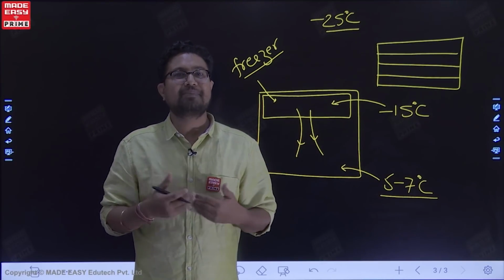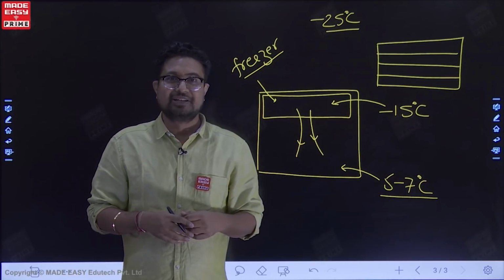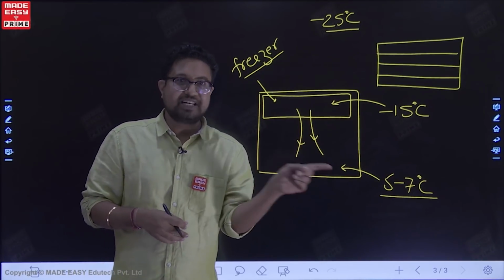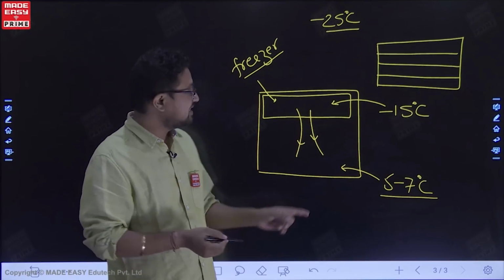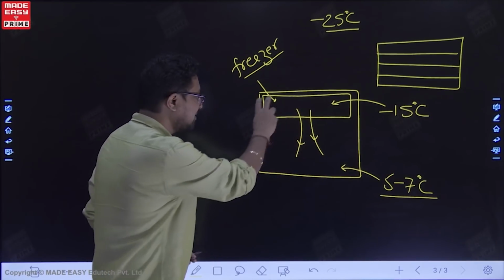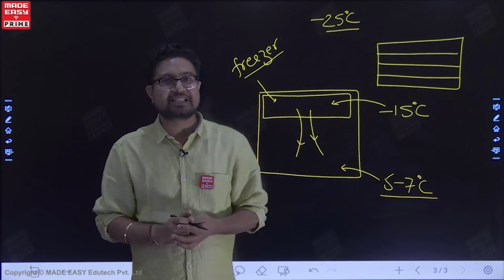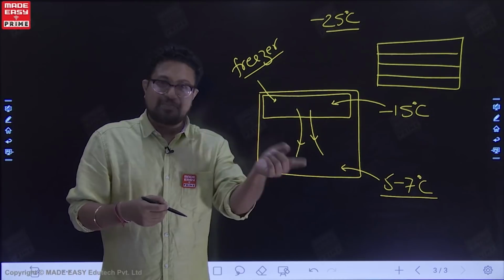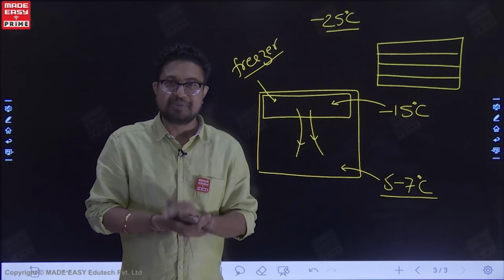Now this kid became curious about why this freezer section is at the top. Because the kid was the niece of my friend, the kid asked my friend why this freezer section is at the top. If it had been at the bottom, he would have simply come and taken the ice cream. So that person knew that I deal with this subject, so that person asked me.